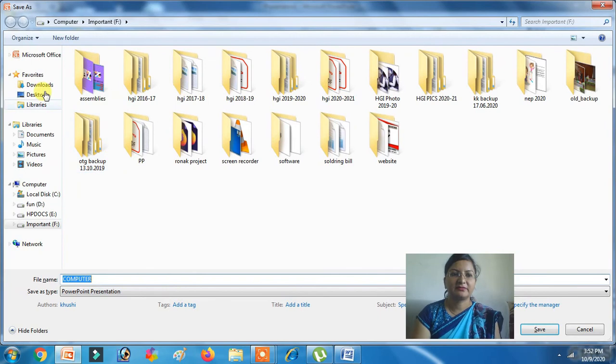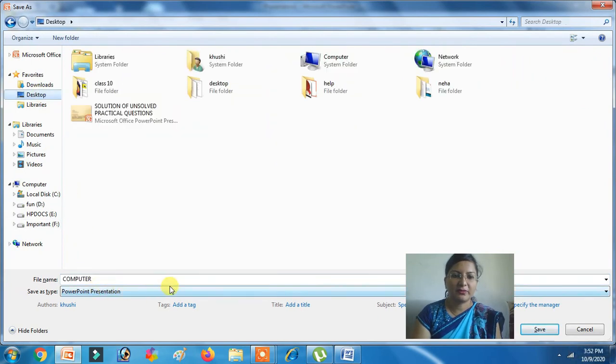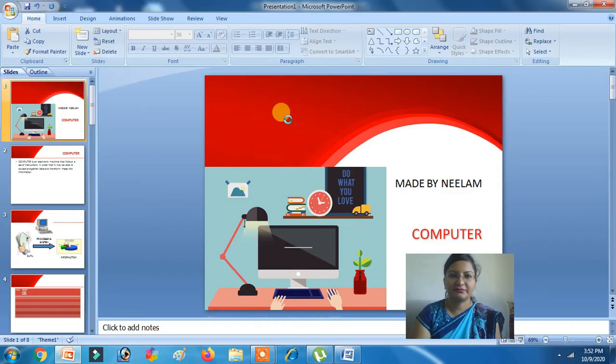Save it on the desktop, computer, presentation, and save. See the slideshow.